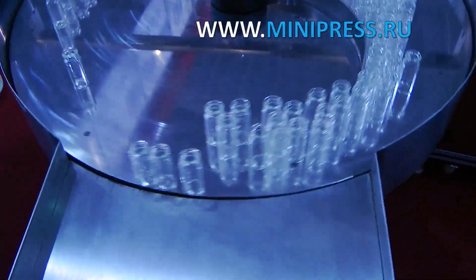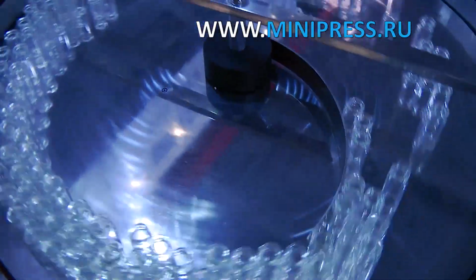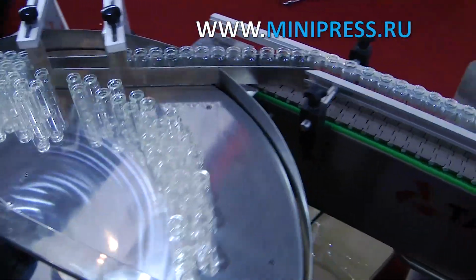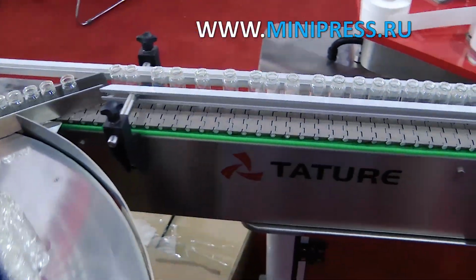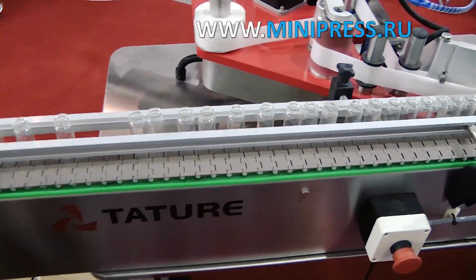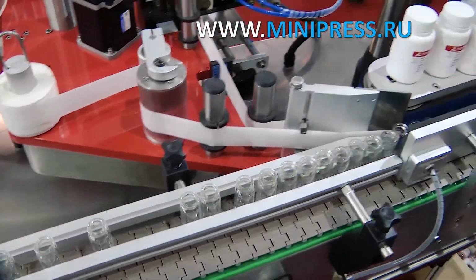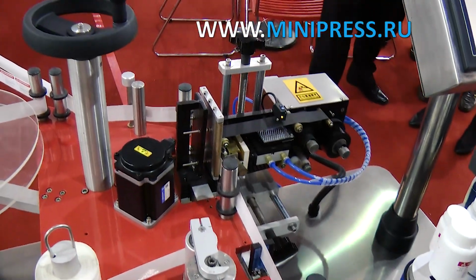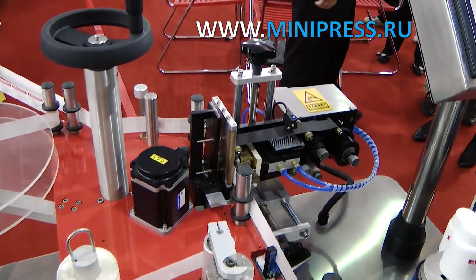Last year our plant became part of a large production association in Krasnodar Krai that produces medical drugs. We got new orders, and we expanded production. This required the purchase of equipment for automatic application of labels. Previously the procedure of gluing the label was done manually, which did not provide the necessary productivity and the necessary